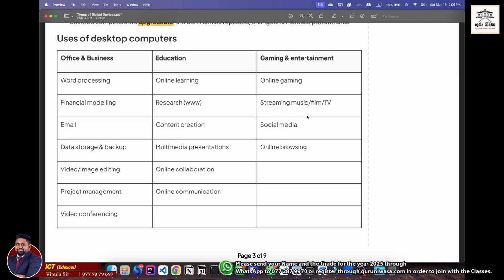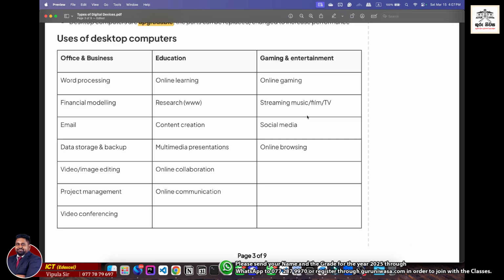I know sometimes it feels a bit silly because it's something you know, but be careful. You need to be exactly clear when you're giving these answers. So here we have this in specifically 3 categories, so you can actually study this and make sure that you remember these points. So when it comes to office and business, obviously it will be starting from word processing, right? Word, or you can say office tools, and then financial modeling, and most primarily emails, data storage and backup, and